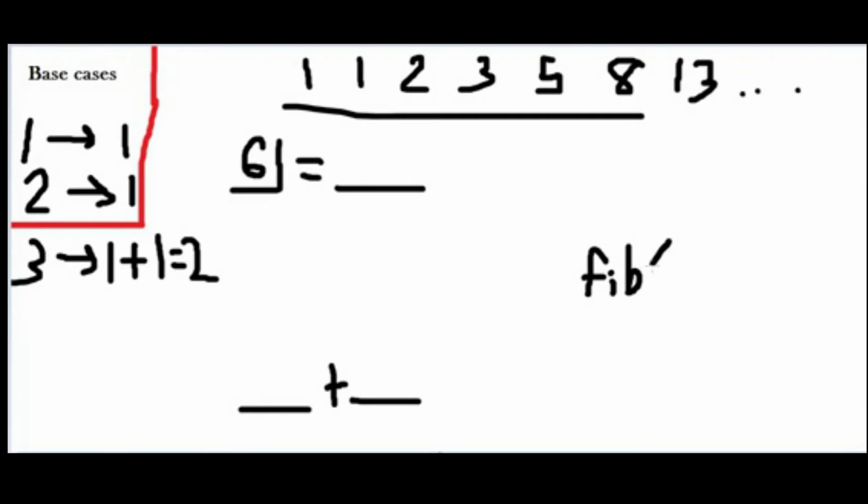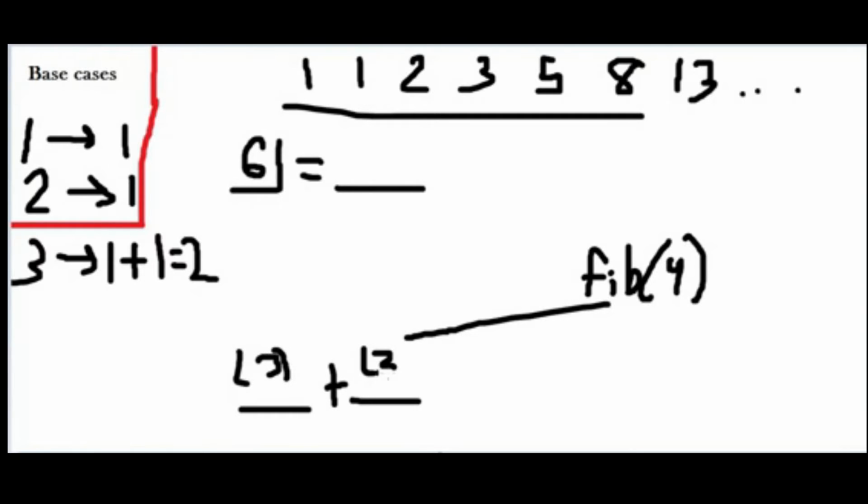So if you were to have the function call fib at 4, that's going to return fib at 3 plus fib at 2. Well, fib at 3 we said was equal to 2, because it's equal to 1 plus 1. And fib at 2 we know is equal to 1 as well. So adding those 2 up, we get 2 plus 1, which equals 3, which is actually the 4th number in Fibonacci's sequence. We can keep going with that example. If we had fib at 5,